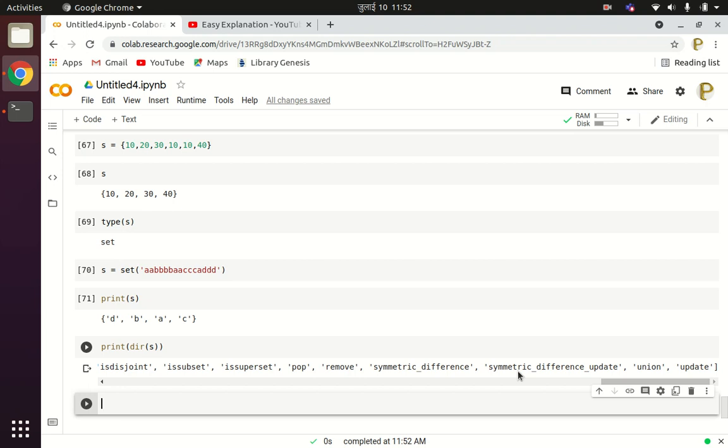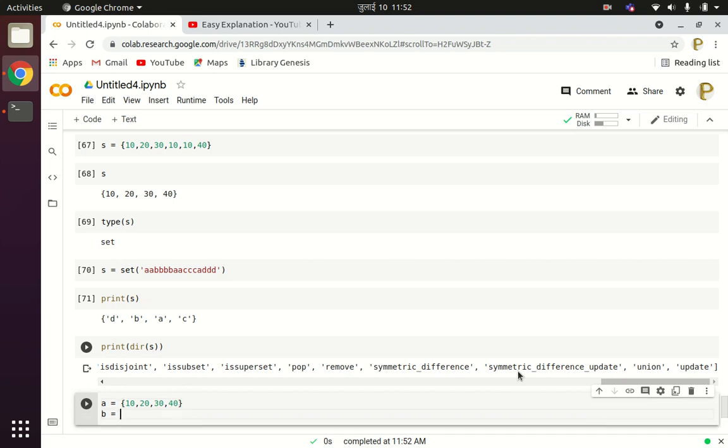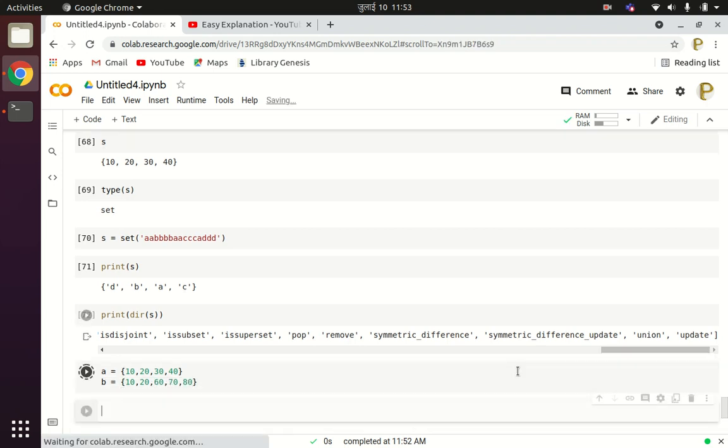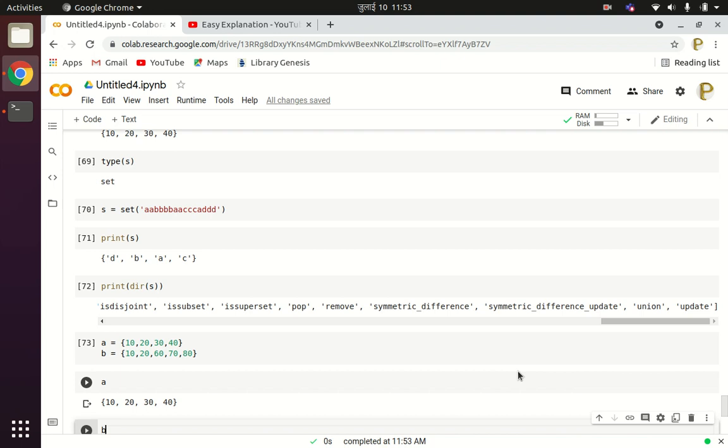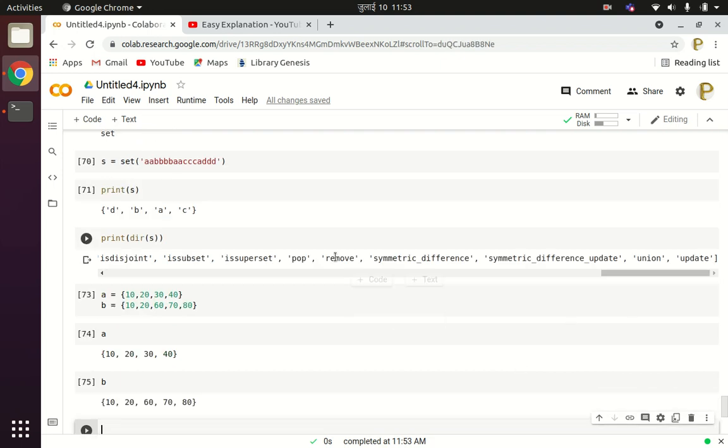Now suppose I have two sets, A equals to 10, 20, 30, 40, and another set B as 10, 20, 60, 70 and 80. We have two sets, set A and another set B. Then you can apply all these set functionalities.